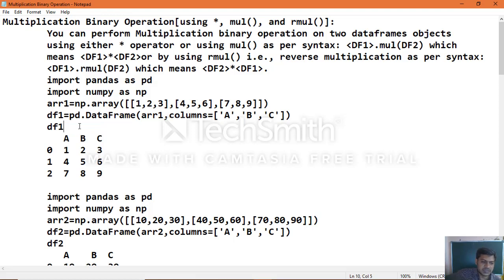The values specified are 1 2 3 4 5 6 7 8 9. In the same way, for data frame object 2, array object equals np dot array of 10 20 30 40 50 60 70 80 90, and pd dot data frame of array object 2 with columns abc as usual.